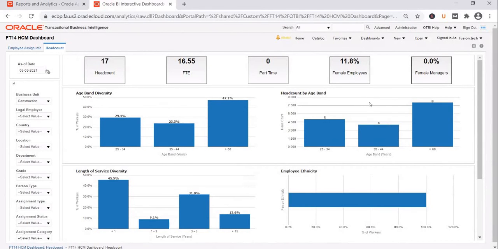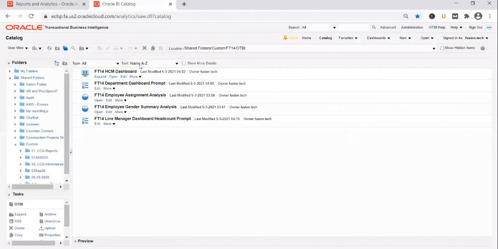And let's say the client has asked you to make some change at the report level. For example, for this report, they're not okay with a vertical bar chart output. They want to see it as a horizontal bar chart like this one. What approach do you need to follow? Exactly the same approach that we've done just now. Go to the catalog, look at the report that is being used in the dashboard page, edit it, do a save as, and then replace it on the dashboard.